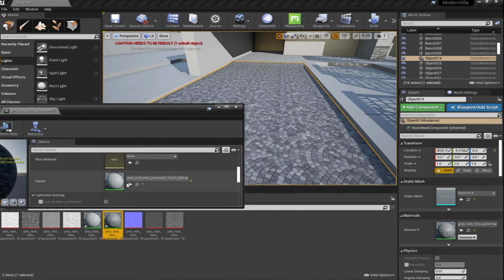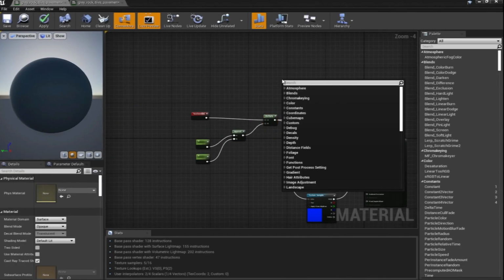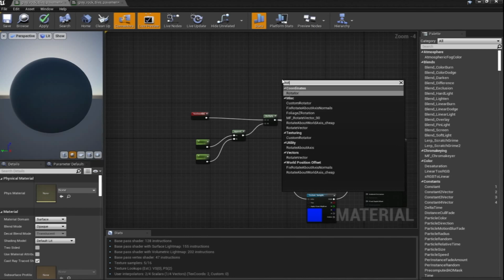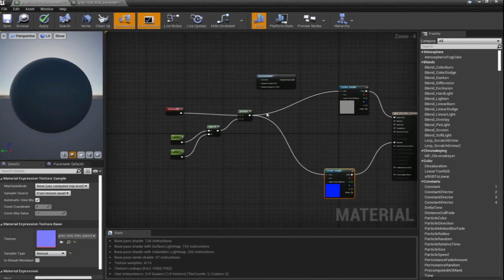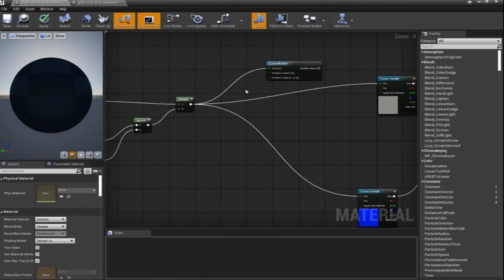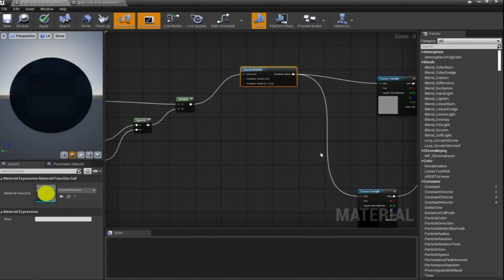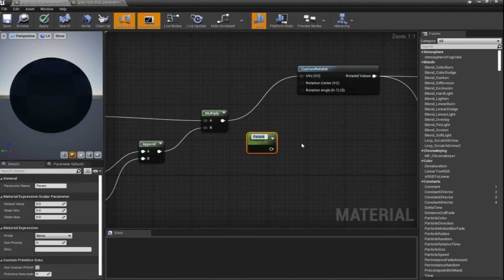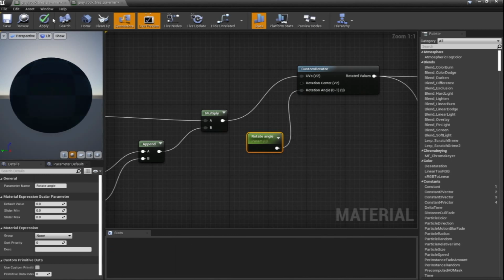Now we need to set up the rotation for this map. So I'm gonna just write down rotate, and from the texture category, I'm gonna choose custom rotate. Put these guys a little bit farther in here, these guys over here. Connect the UVs here, rotation value, this, and for the texture normal, and put a scalar parameter and name it as rotate, and connect it here, apply,